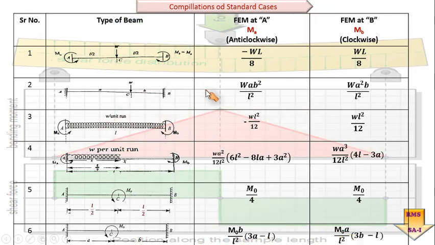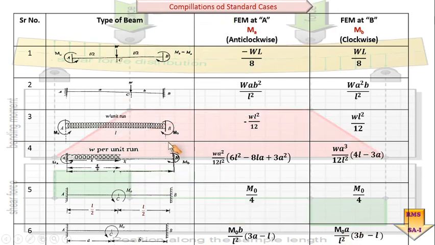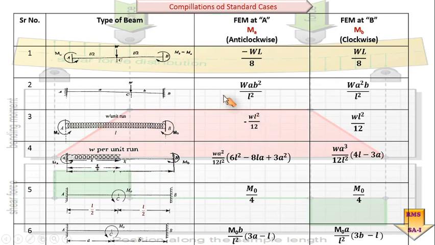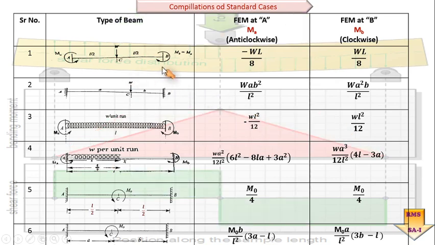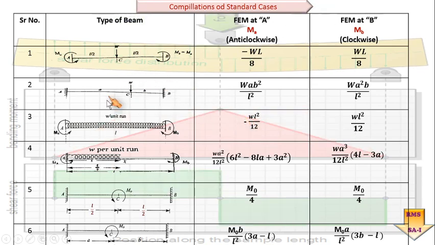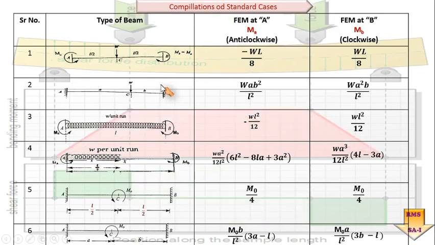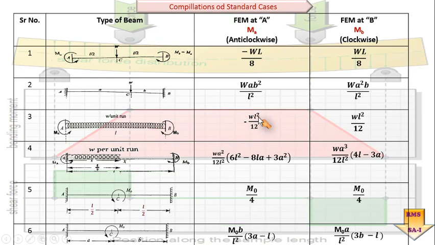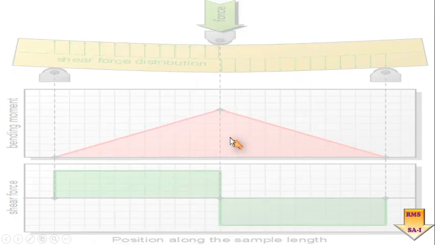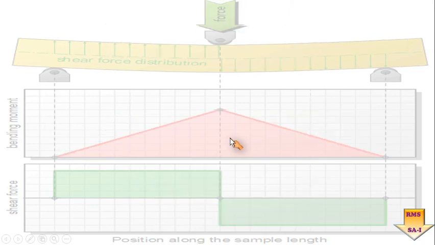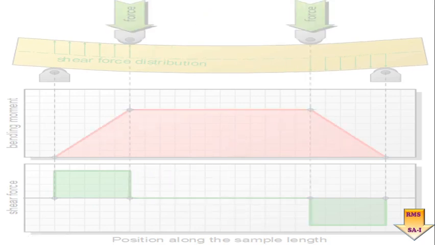So this is the concept related to the various standard cases. Once again I'll repeat, all these values of the fixed moment at points A and B have to be learned by heart by every student, because onwards the numericals will be occurring on this sort of loadings, which shall be applied one by one according to the type of problem. So this is what we are going to have for today for the study of standard cases 4 and 5.